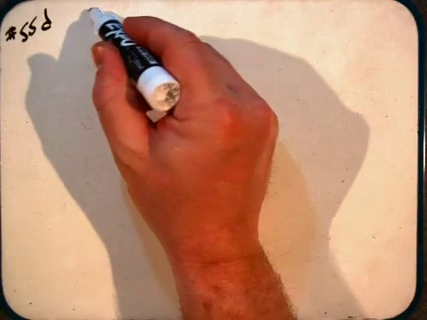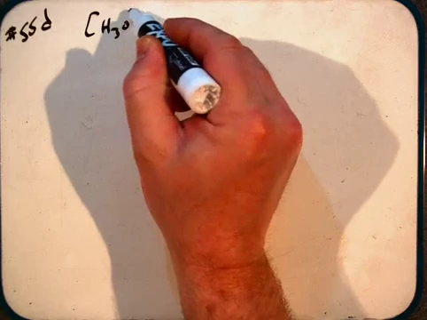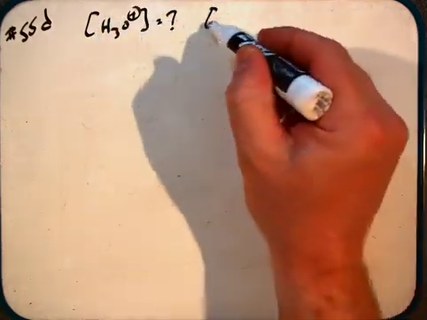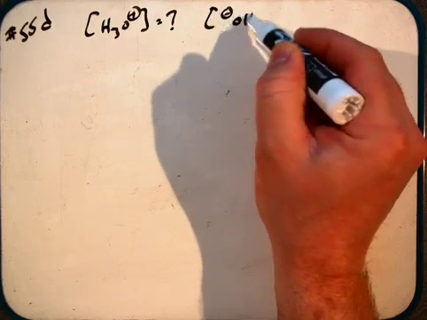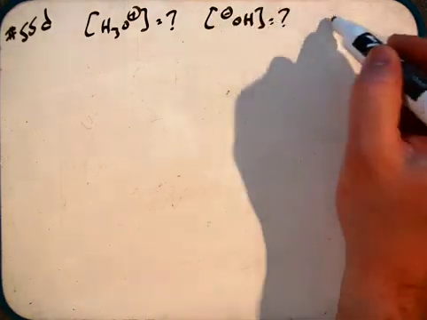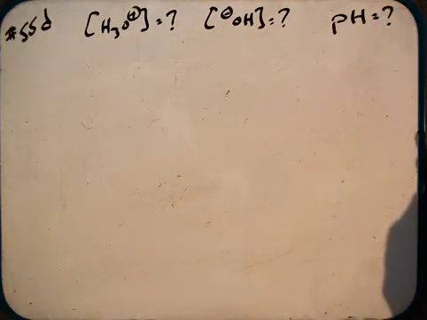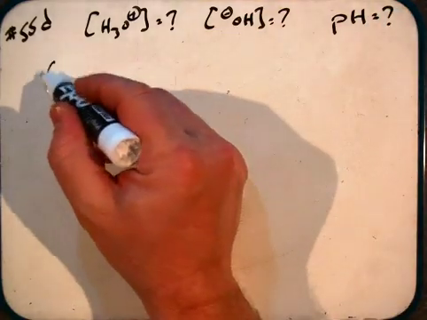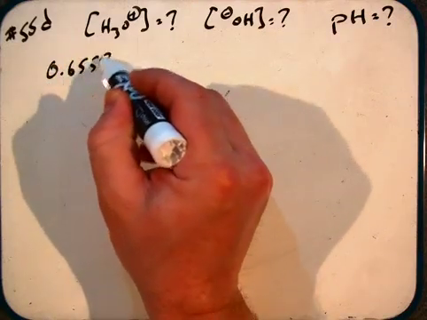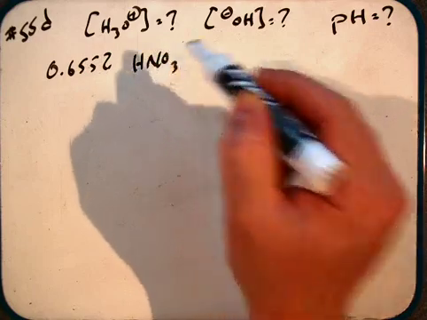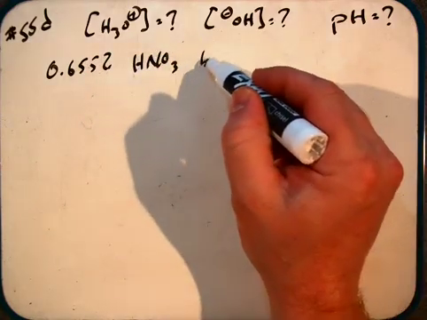And so we want to know our hydronium concentration, we want to know our hydroxide concentration, and we want to know pH. And we're given some features here. We have a 0.655% nitric acid solution by mass,